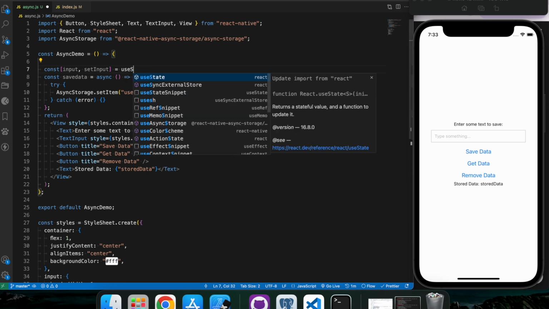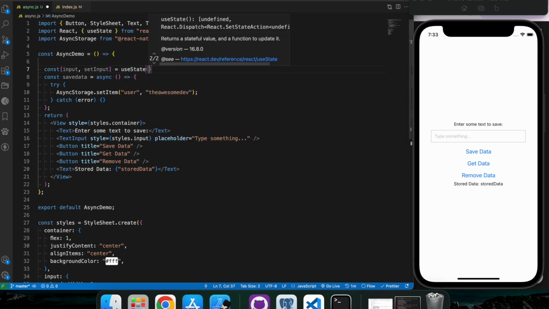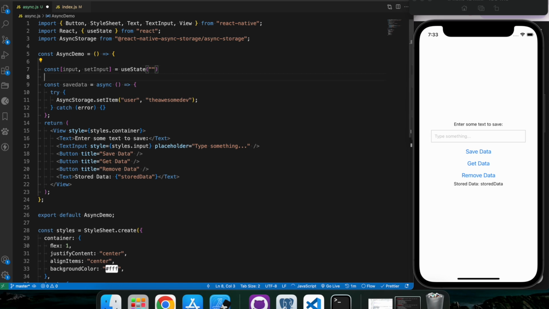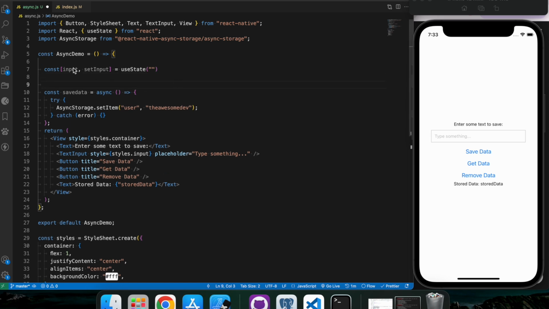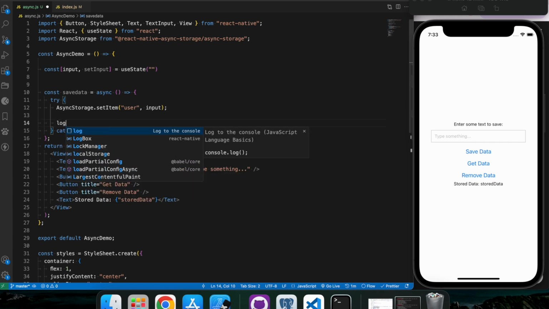And we are going to use state to handle our state. Let us pass an empty string for now, and once we have the input, we are going to replace it with this one. You can obviously save hardcoded data as well, but for the sake of this tutorial, let us go with the user input. And now once the data is saved, we can give an alert